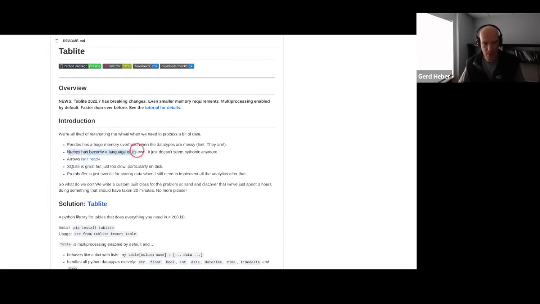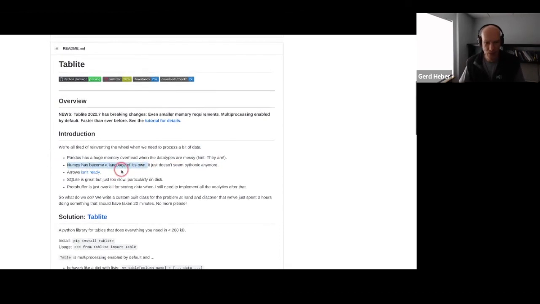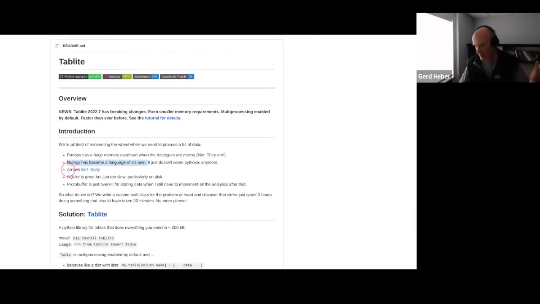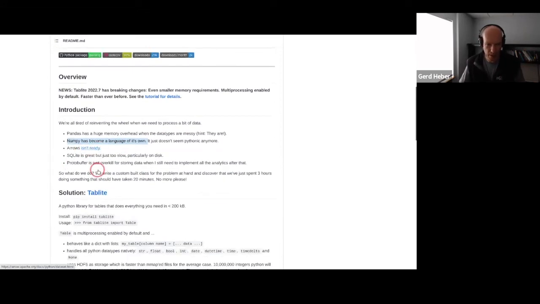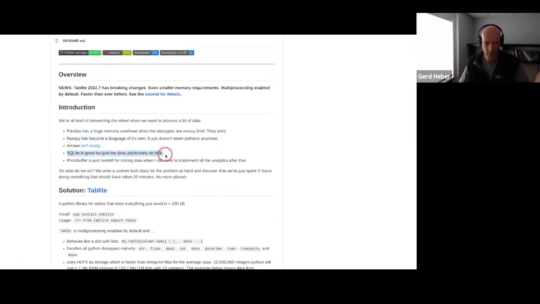NumPy, of course, is getting pretty involved, and you have to read up on it and get the idiom, so to speak. Arrow, the arrow format isn't ready, in particular for these more complex types. And then I don't know what the background of that user is, which domain science he is in.